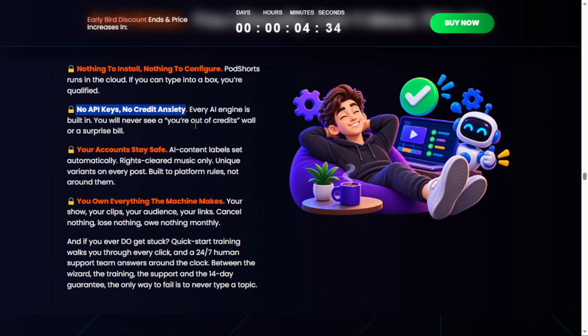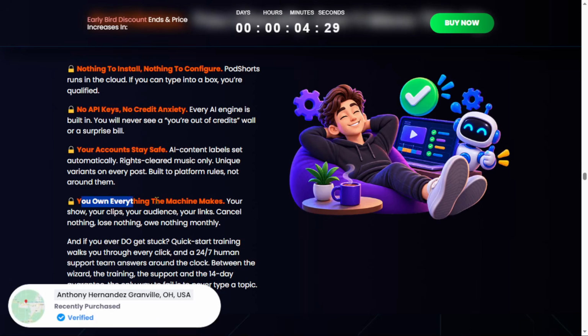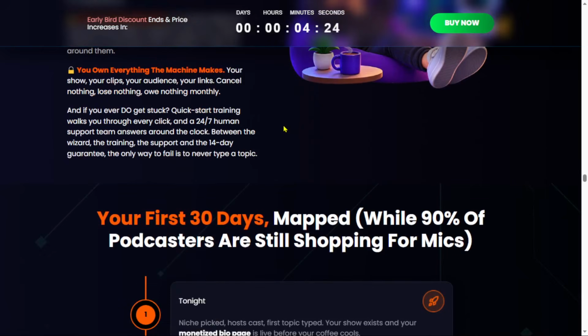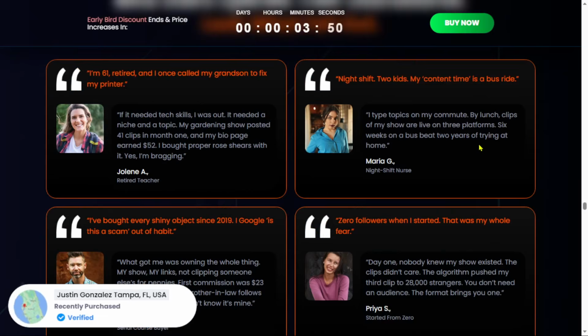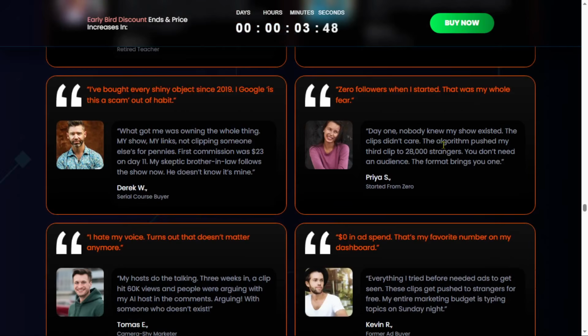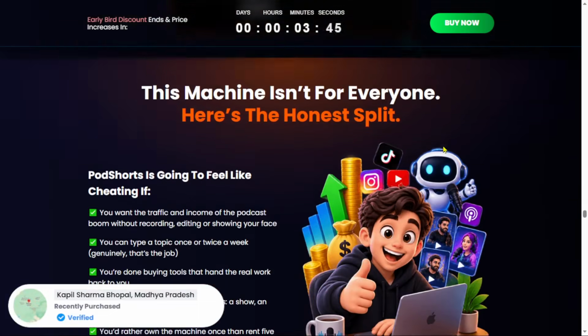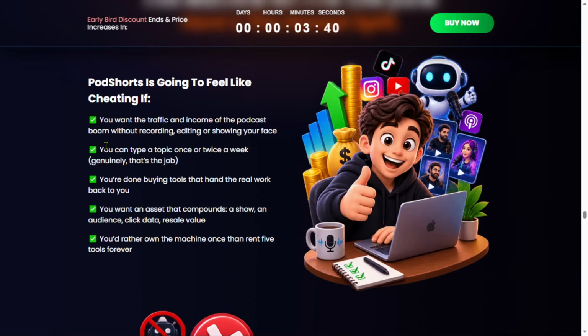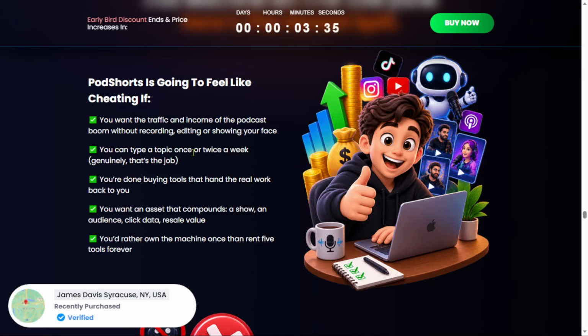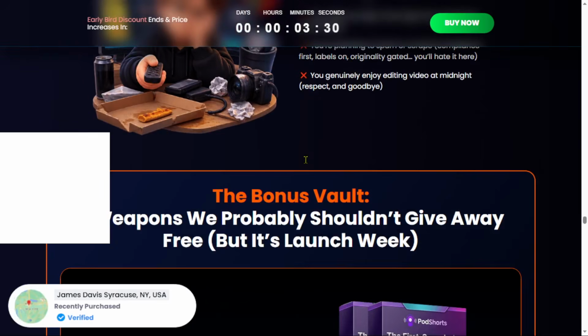The sales page itself tells buyers not to expect money without doing anything and says the product is automatic, not magic. It also says buyers should give the machine consistent time rather than accept overnight riches. So don't buy this thinking AI will build a profitable channel for me. Instead, you can think AI can build a large part of the production machine while I focus on the niche, topics, quality, audience, and business strategy. That's a much more realistic way to look at it.